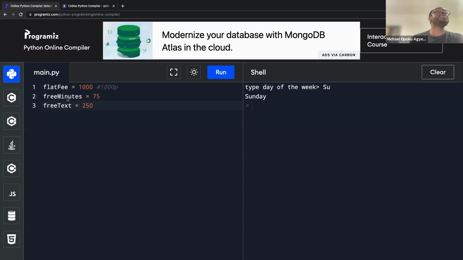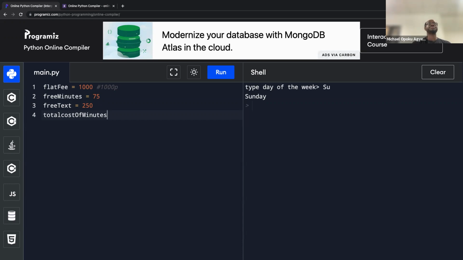All we've done is three variables. One is the flat fee, the other is the 3 minutes, and the other is the free test, right? So we've got flat fee of 1,000, 3 minutes of 75, and then free test of 250. So we want to find out the total they've taken. So total cost of text,